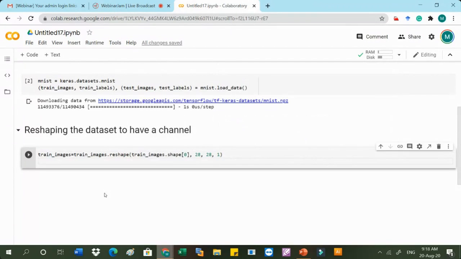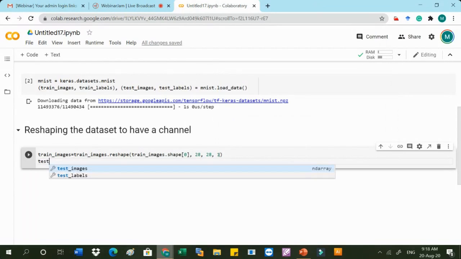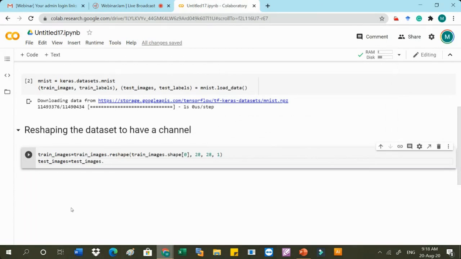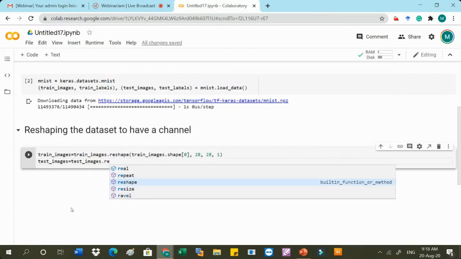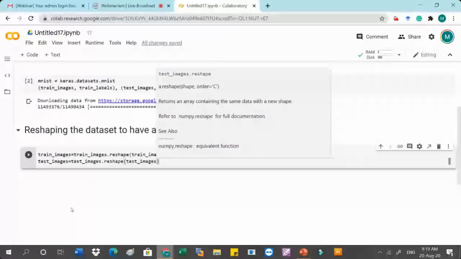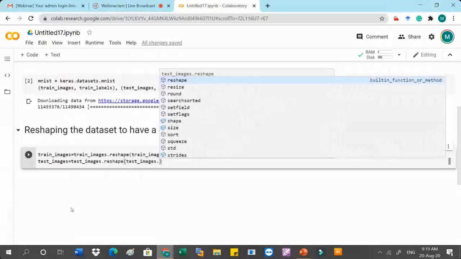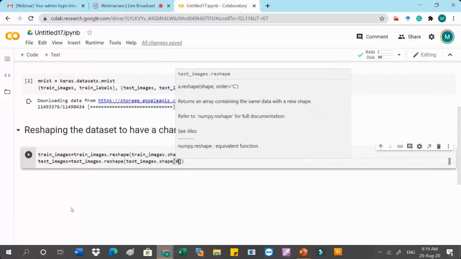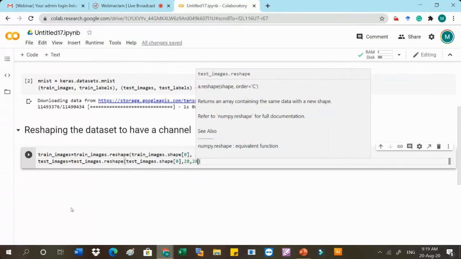Then we also have to reshape the test images. What we have changed here is we have just added the number of channels. So test_images equals test_images.reshape, then test_images.shape[0], comma, 28 by 28 by 1.